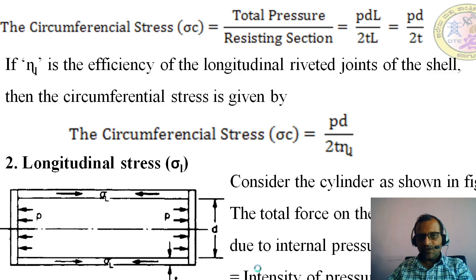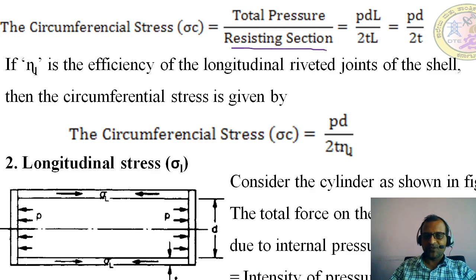So now next one is the circumferential stress sigma C is equal to total pressure divided by resisting section. The total pressure you have found out, P into dl, divided by 2T into L. So L and L get cancelled, so this becomes PD by 2T. This is the formula to find out the circumferential stress. Circumferential stress is given by PD by 2T, right? And if neta L is the efficiency of the longitudinal riveted joints of the cell, then the circumferential